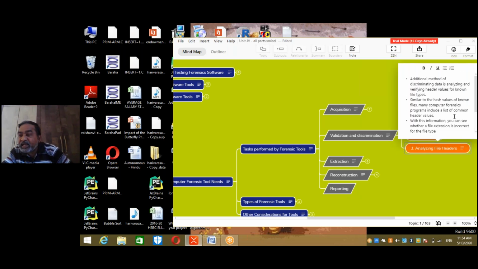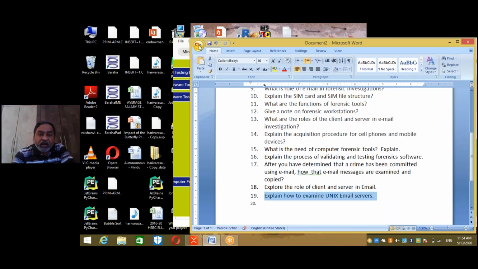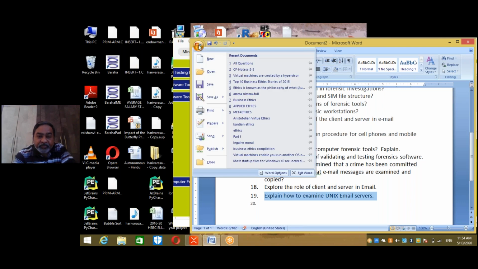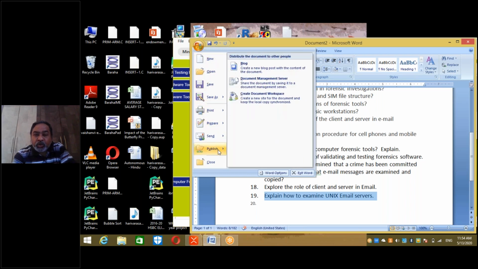An additional method of discrimination of data is analyzing and verifying header values for a known file type. For example, when you create a Word file, let me show here. When you go to your Word file and click on this icon, go here, publish, you can publish it. Now, the activities done by you for this file are